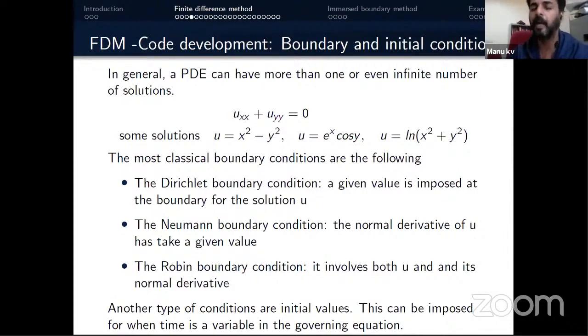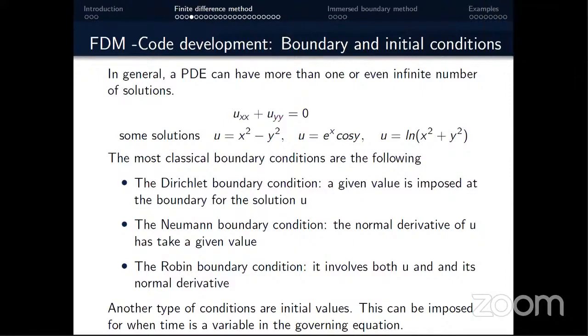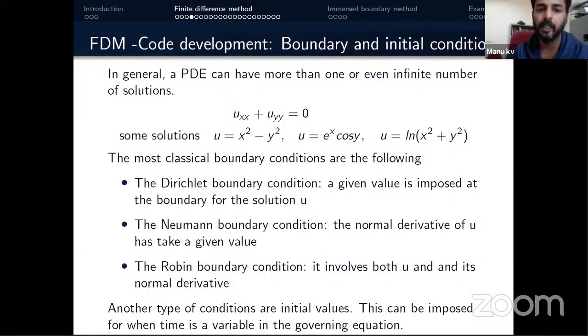And in some cases, we may have to give the derivative boundary condition. For example, when we are dealing with a slip condition, a partial slip condition, we may have to give a gradient boundary condition. Or when we are dealing with heat transfer, the heat transfer coefficient, or the Q, the heat flux, we have to give a derivative boundary condition. Whereas Dirichlet boundary conditions, something like a no-slip boundary condition, we are giving the exact value.